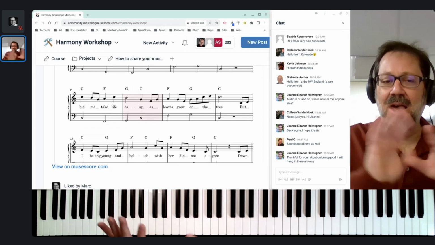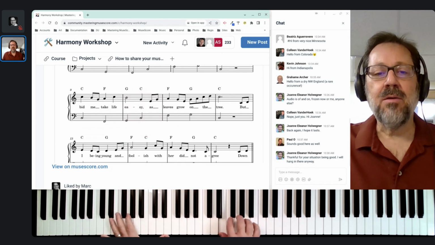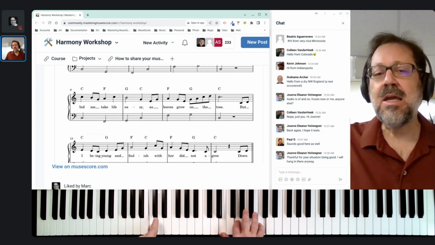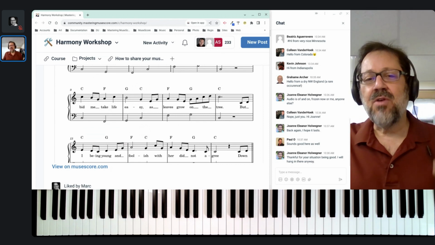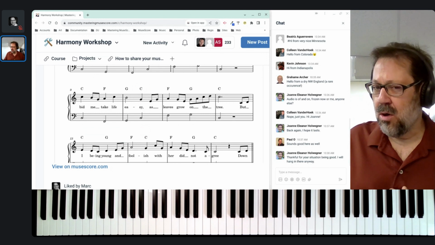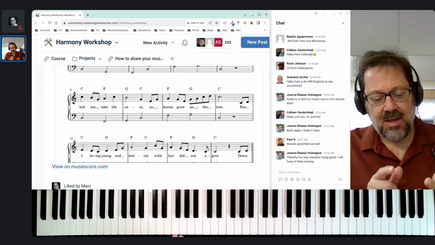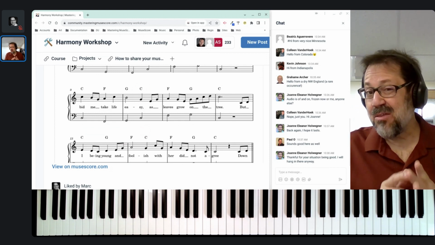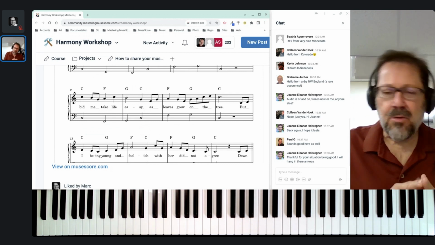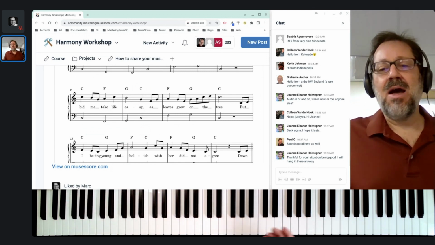Maybe I like that as a kind of softening of this because I just don't want there to be too much 1. But then I'm also worried about coming back to 1 here. It feels like that third phrase in a lot of these songs would typically end on a 5 chord. Typically in these AABA forms, we expect the second and fourth phrases to end on the 1 chord, the third phrase to end on a 5 chord, and the first phrase could either end on a 1 or a 5. But that's kind of the normal expectation based on how so many songs go.